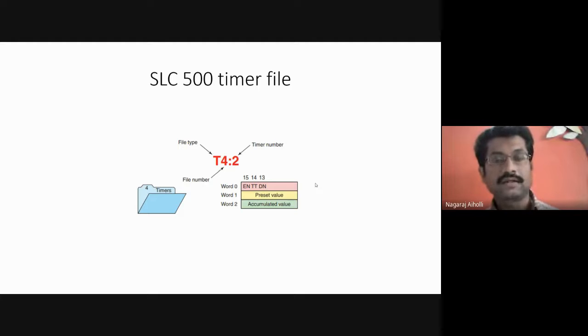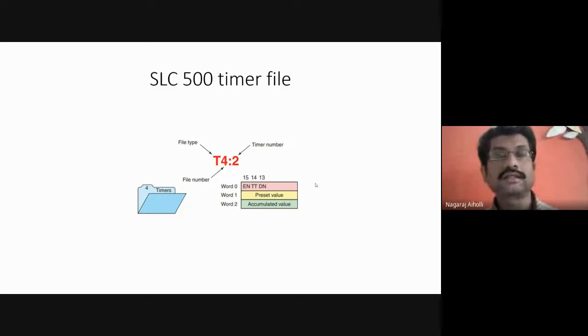Okay. Now there is one more term. It is called the base value. So this base value is nothing but the time base. Time base or the base value. The time base is the increment by which we are incrementing the timer value.